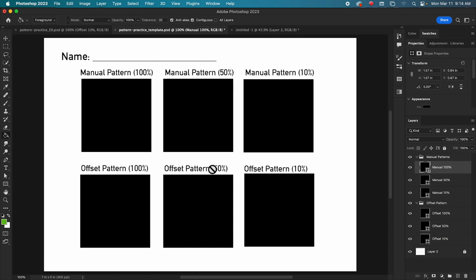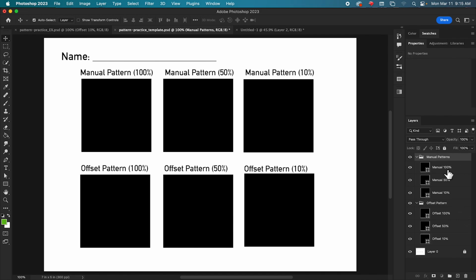At this exact moment in time, don't worry about the 100, 50, 10. We'll get to that in a second. What we do want to do is apply our pattern to these shapes. So I'm going to select the manual 100 layer, and you can see here we have a shape layer icon.